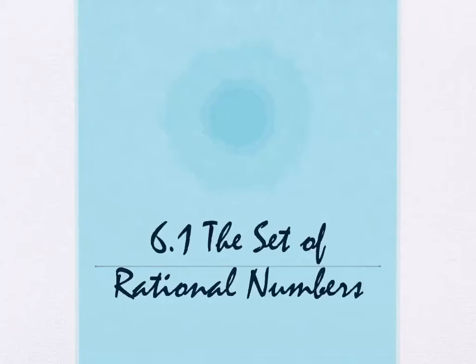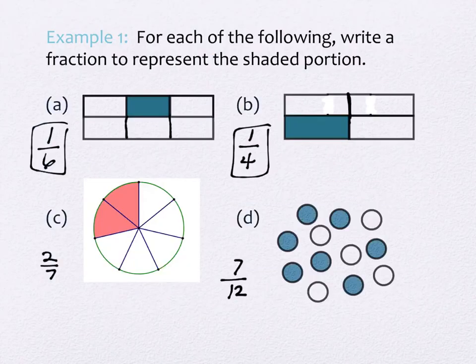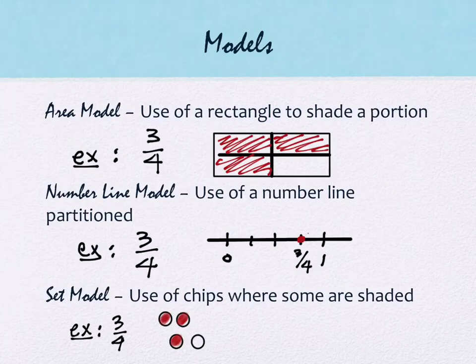All right, last time we started section 6.1, talking about rational numbers, and I believe we had left off on taking a look at the different models. There is one caveat to the set model that I failed to mention that I think is probably worth mentioning